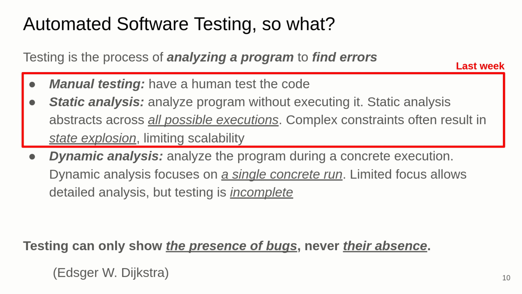Dynamic testing focuses on a single concrete run and then gives you additional information. So dynamic testing is therefore inherently incomplete and cannot generalize, or cannot give absolute certainty that a bug will never occur. Interestingly, testing can only show the presence of bugs and therefore never demonstrate their absence. So similar to the fundamental laws of